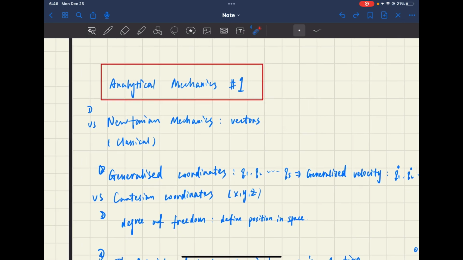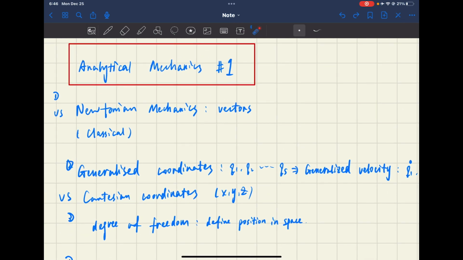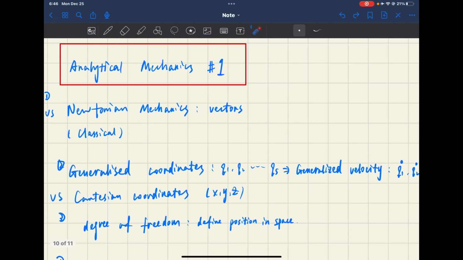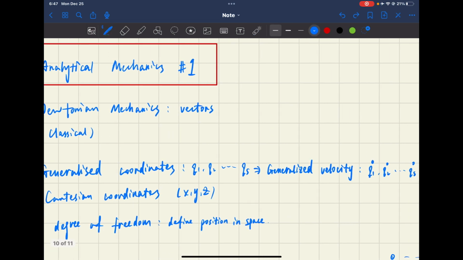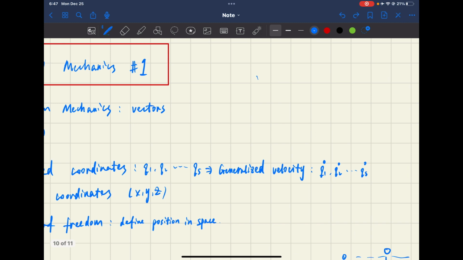So first, I'm going to talk a little bit about analytical mechanics, and compare it with Newtonian mechanics. It's also called classical mechanics, and I think the core of Newtonian mechanics is about vectors. So why do I say that? Let's have an example here. There's an object here, moving like this. It's a rough ground, so it will get